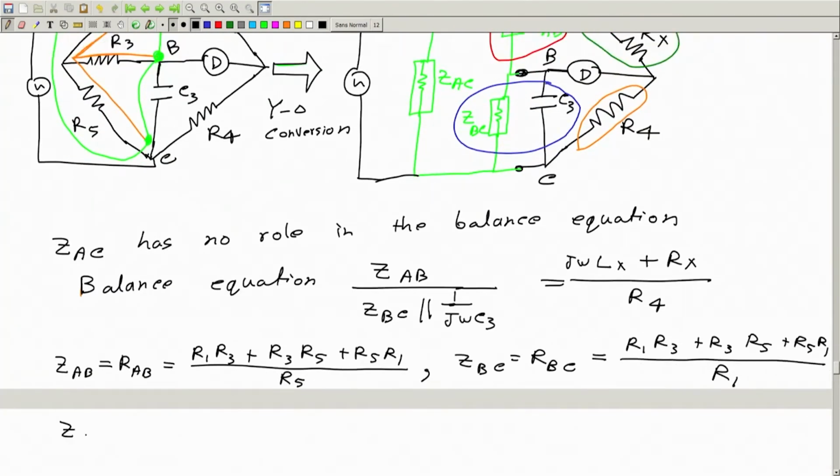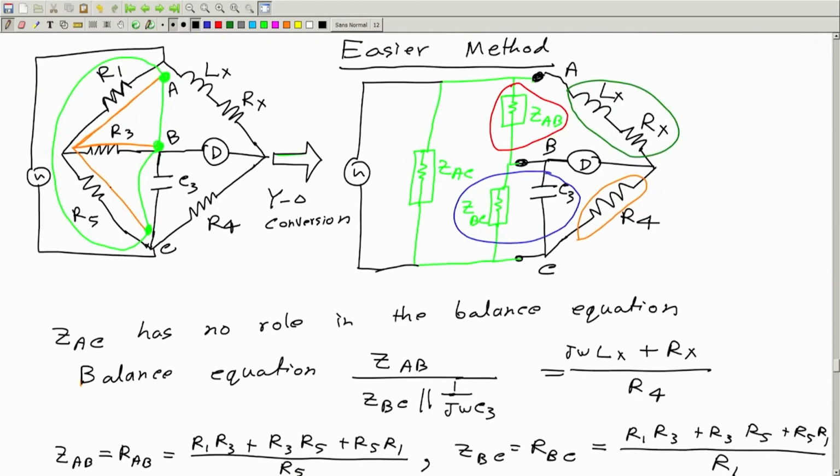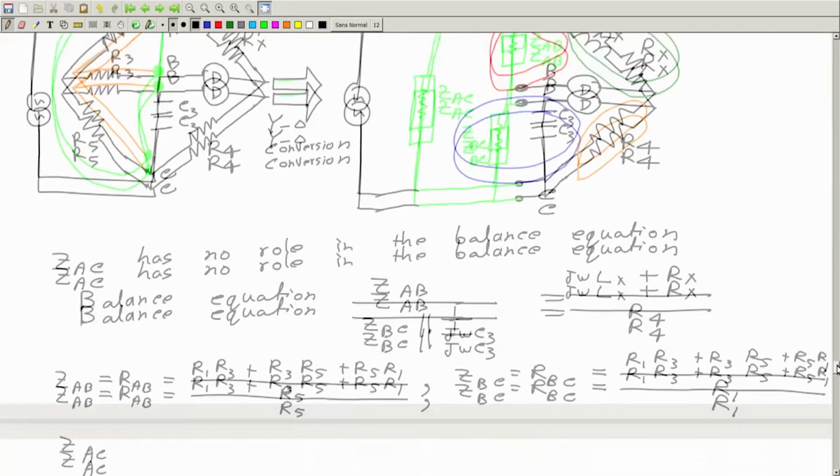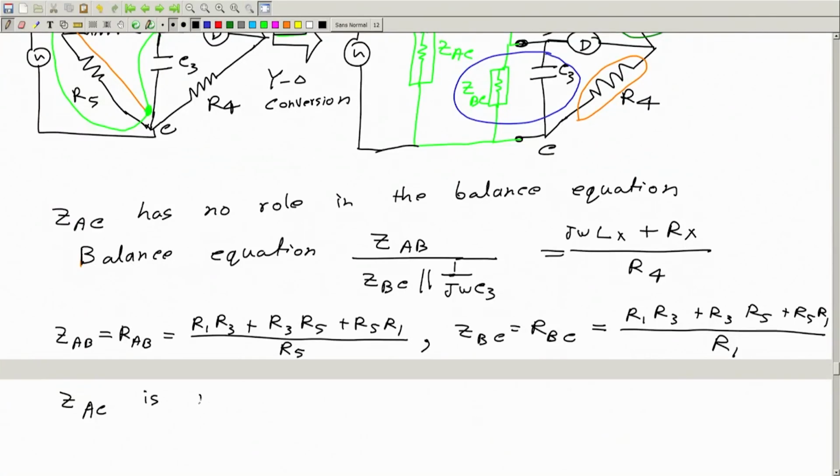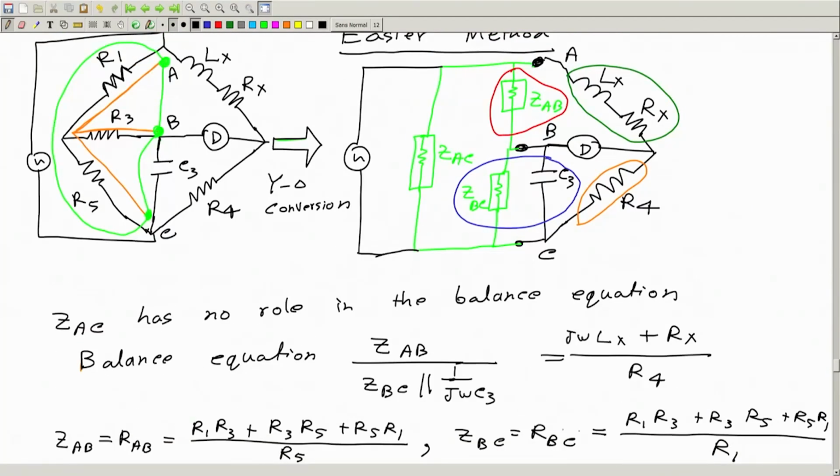ZAC you can also find this way, but this is not useful because it is not going to be in the balance equation at all. ZAC is not required. Now, we can put these values in this equation. So, we can put these values of ZBC and ZAB in this equation to get the